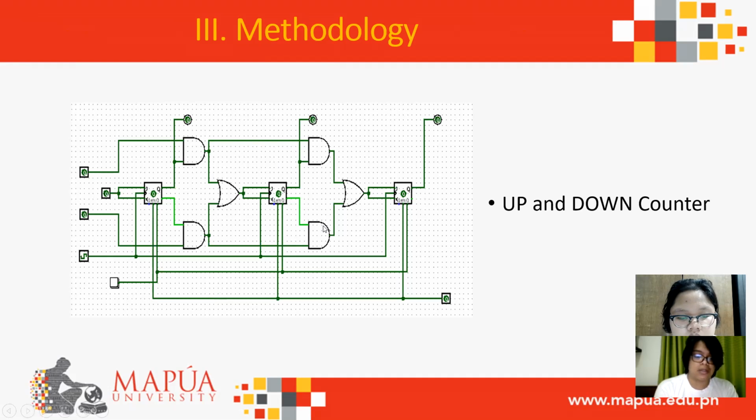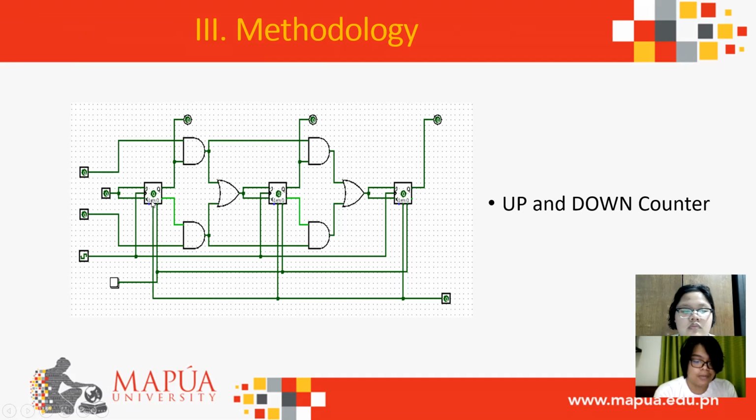So the logic circuit is connected as shown in the PowerPoint. Two buttons are connected to the up and down inputs of the JK flip-flops, and a reset button is connected to the clear pin. The clock is connected to the clock input pins of the JK flip-flops. The two input terminals are joined together and are connected to one button, the middle one in the JK of the JK flip-flop.